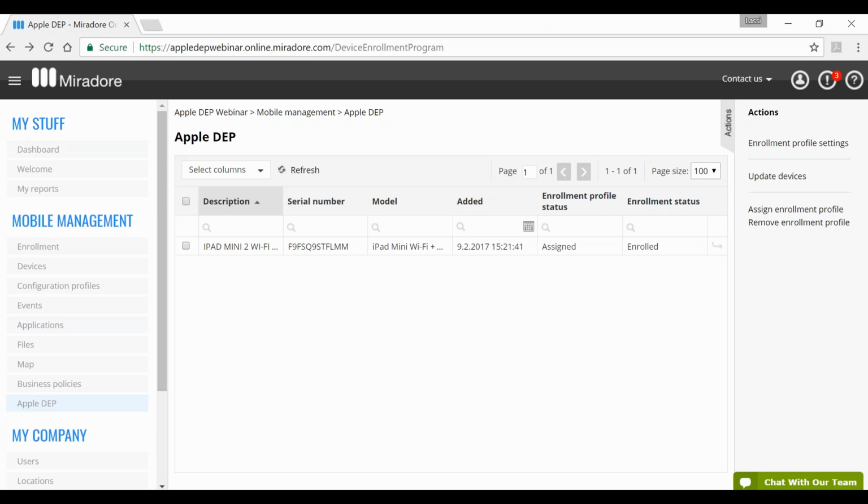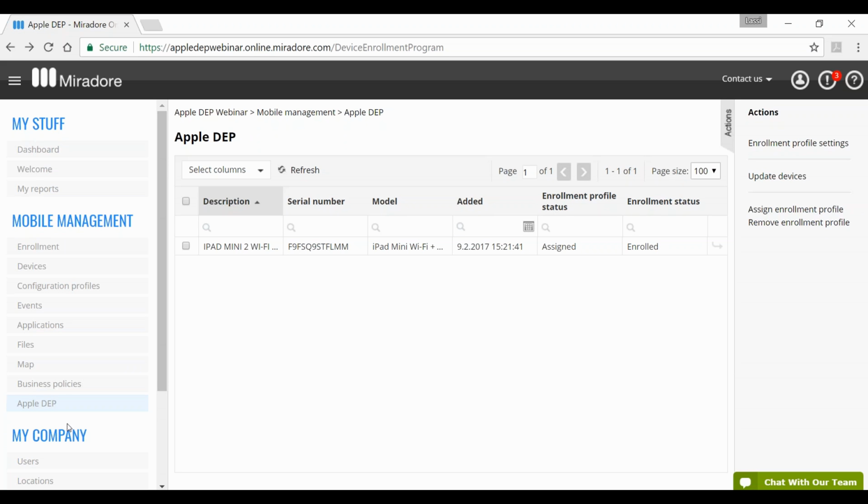We have another question from another attendee. Say I want to get rid of an old device in my company. Besides wiping it, is there any way to get unenrolled out of DEP? Okay, that has kind of two steps.